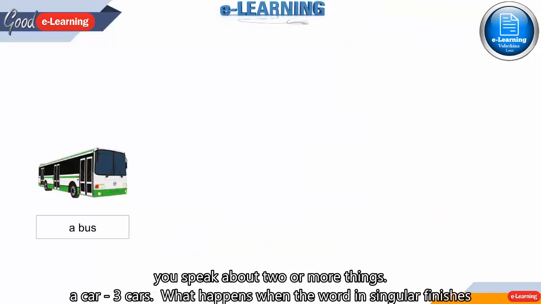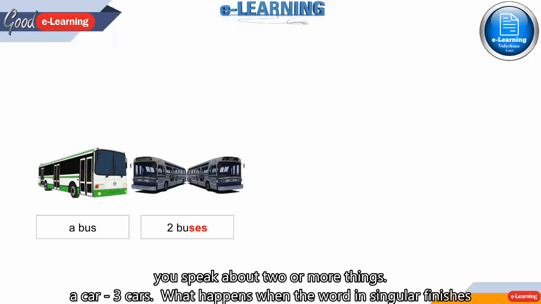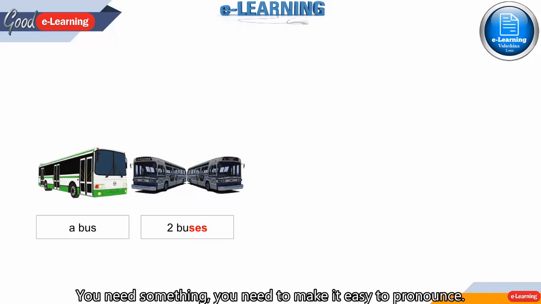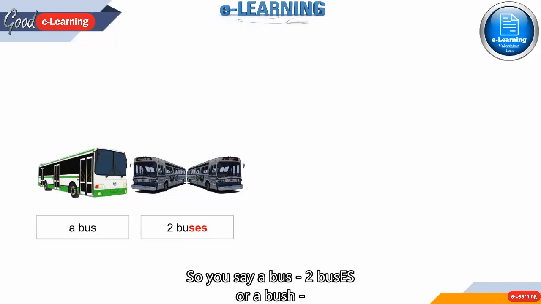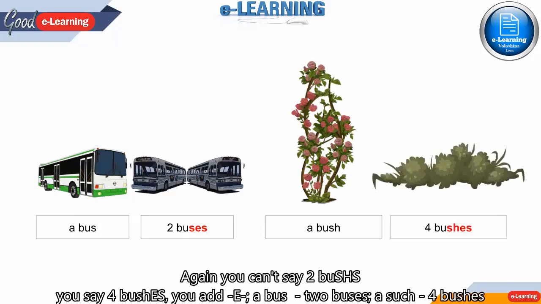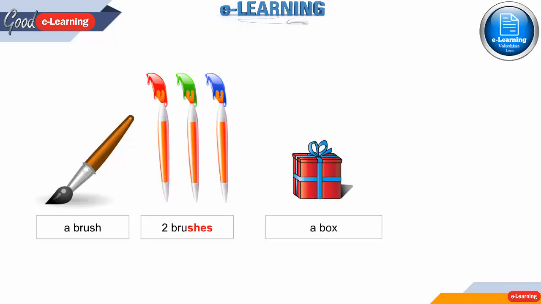What happens when the word in singular finishes in s? For example, you can't say a bus, two bus, right? You need to make it easy to hear. So you say a bus, two buses. Or a bush, again, you can't say two bush. You say two bushes. You add e. A bus to buses, a bush to bushes. A brush to brushes. A box,